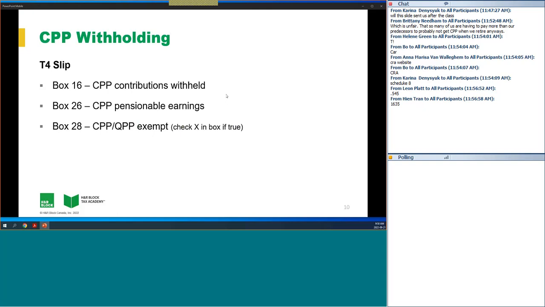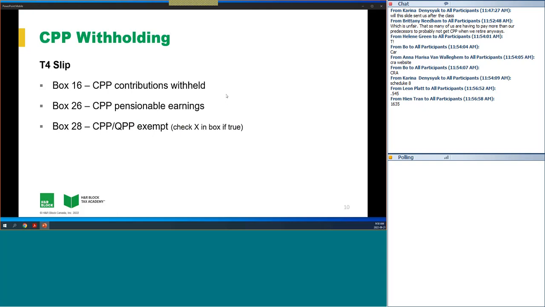Employers have to contribute CPP on behalf of their employees, and they also have to pay CPP themselves. So employers have two portions that they pay. The part that is from the employee's income is going to show up on the employee's T4. That's box 16. Box 26 is which of their income you have to pay CPP on,